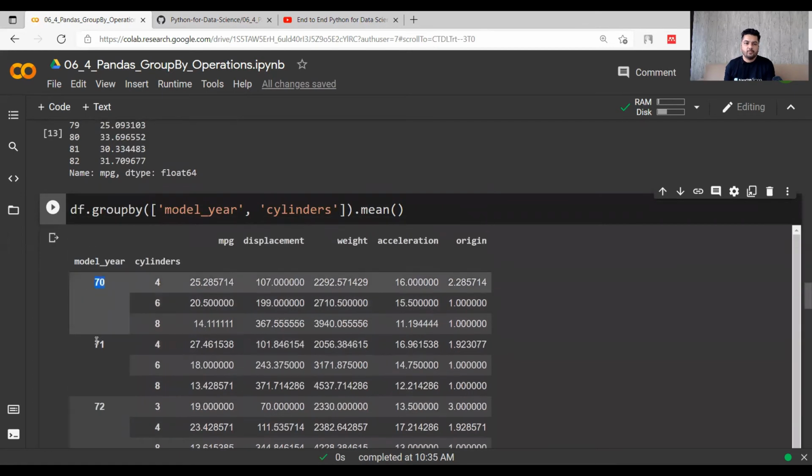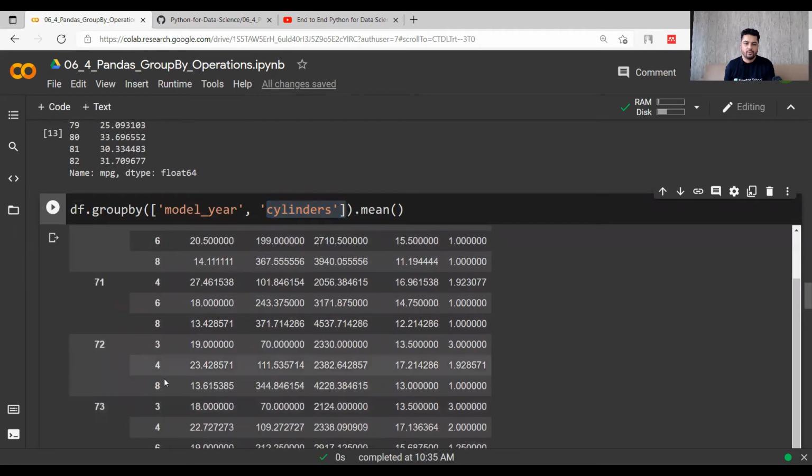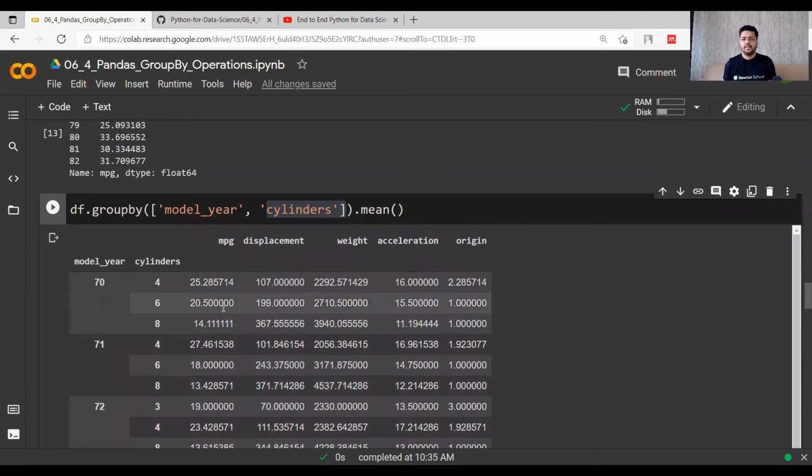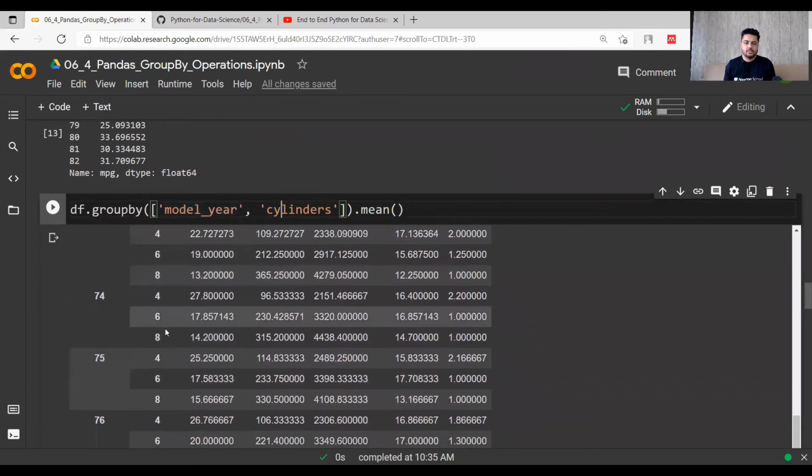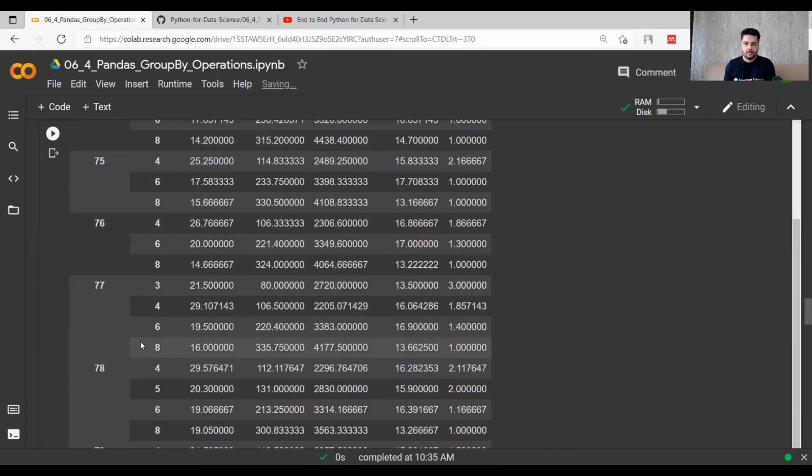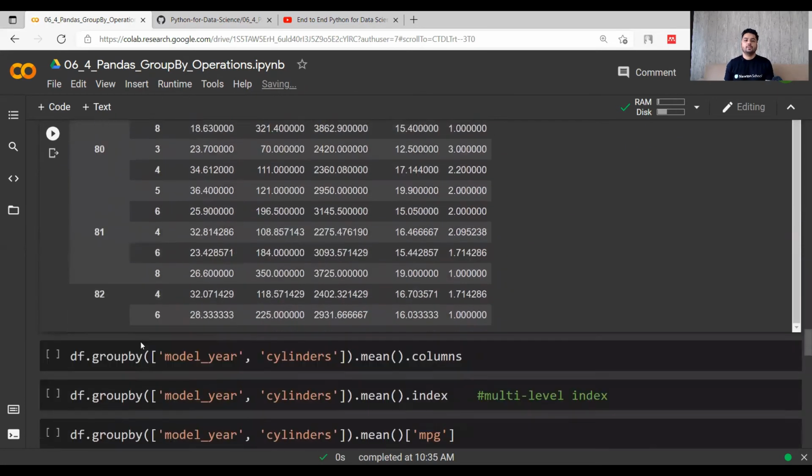Model year 70, model year 71 up to 82, and cylinders are coming in second, 4, 6, 8, 4, 6, 8, 3, 4, 8. You can see that it is being grouped according to the number of parameters. So this is how it looks after doing the group by over multiple parameters.